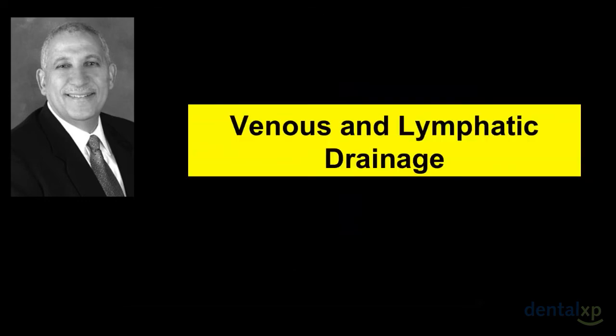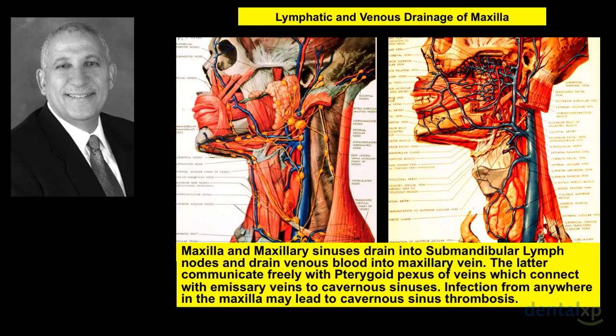Now, how about the venous and lymphatic drainage? From the maxilla and maxillary sinus, the lymph from the maxilla goes to primary lymph nodes. Those primary lymph nodes are called the submandibular lymph nodes. And so these are the submandibular lymph nodes that we see here. So when you're doing surgery on the maxilla, you might expect to get lymphadenitis related to those submandibular lymph nodes